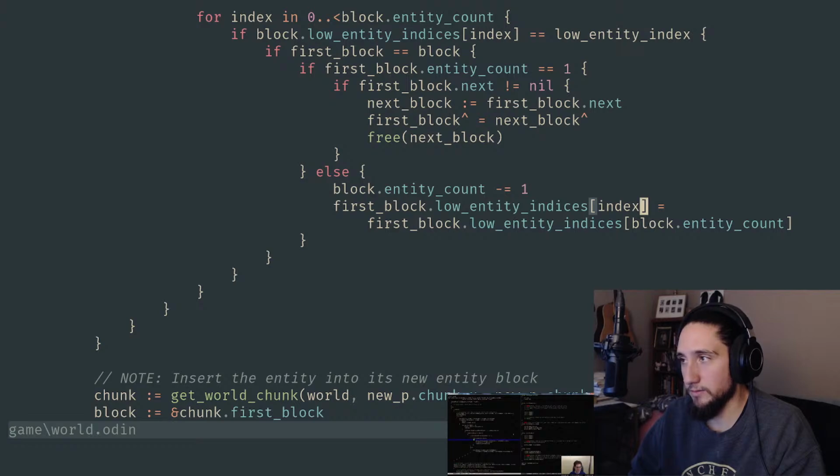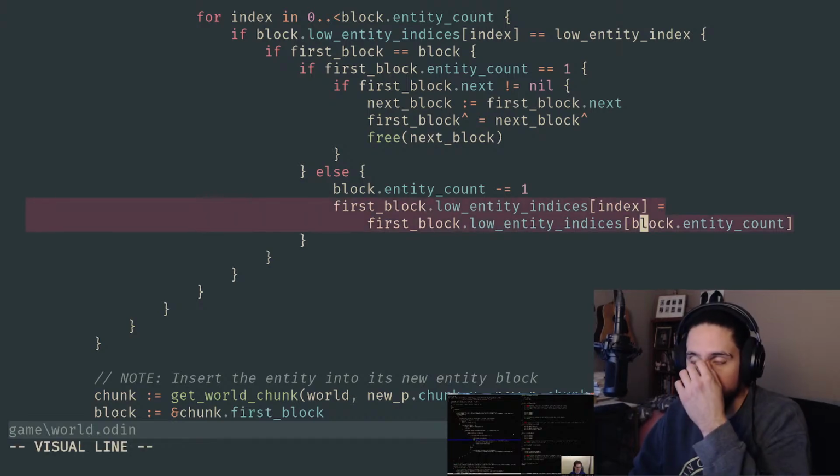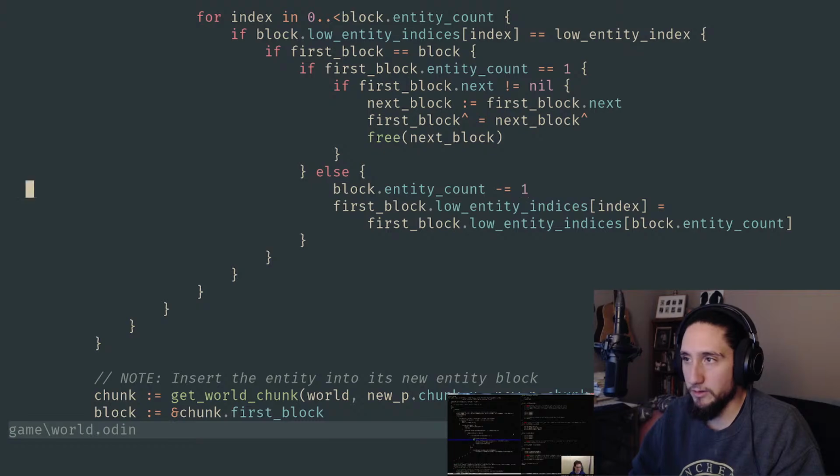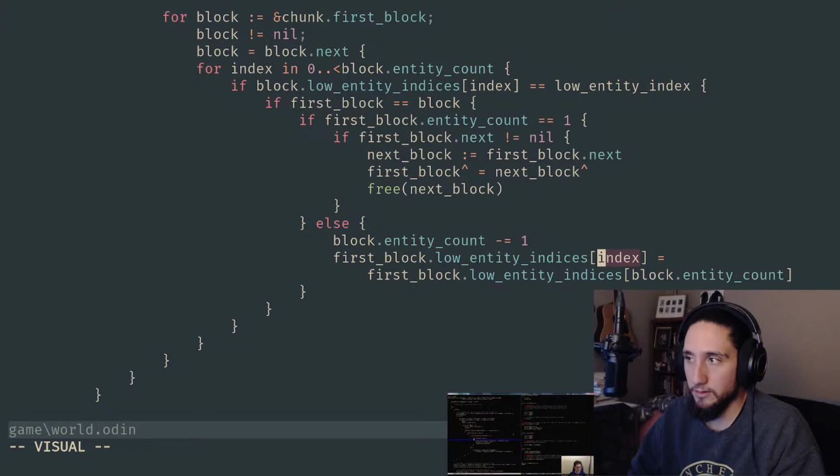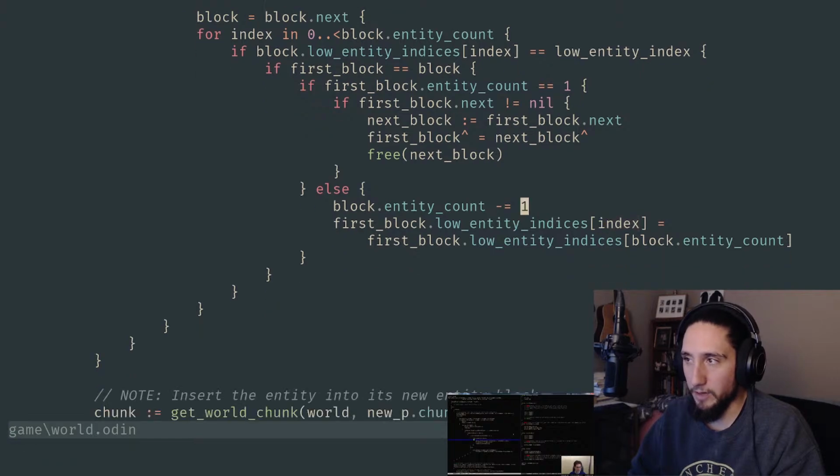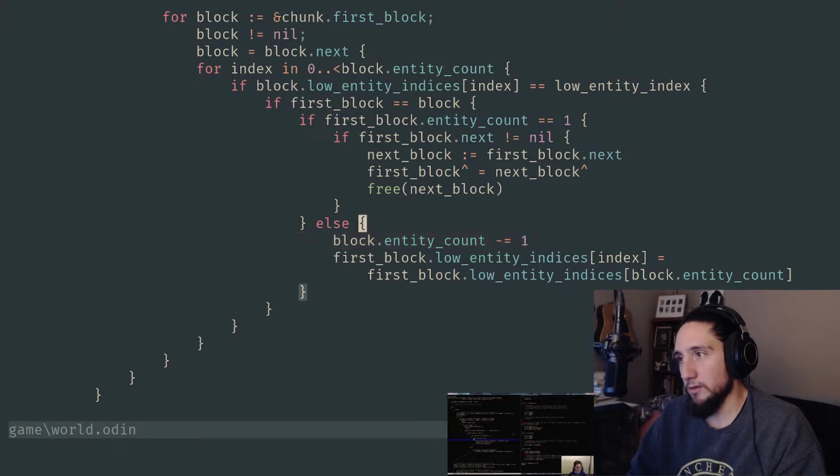Right, like we've gotten to the end. That would still leave it in there, wouldn't it? Yeah, it would just be, if this value is now, after decrementing it, equal to this, well, I guess, yeah, if it's equal to index, yeah, I'm gonna have to draw this out for myself to really understand, because we're decrementing it, so we can never actually get to the count. But if we get to